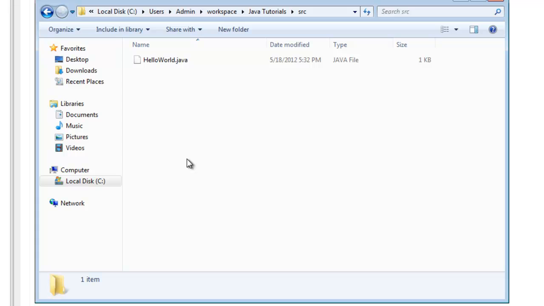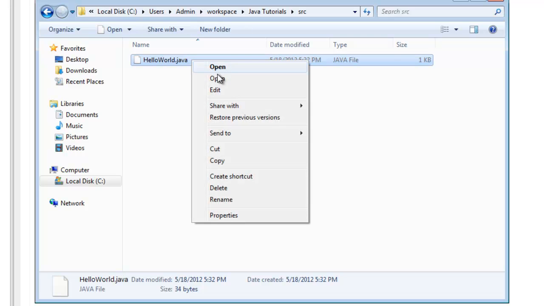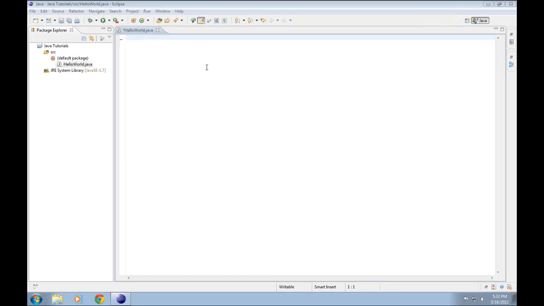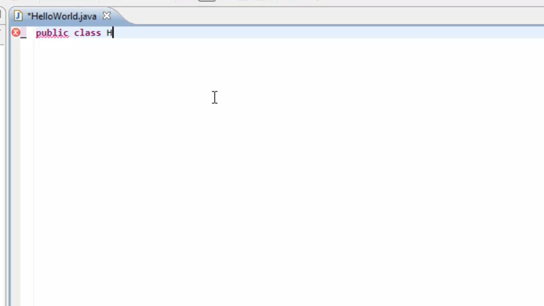So what you would do if you weren't using Eclipse is you would go to the command line and you would convert it first to a .class file, and then you'd run that .class file as a program. So this is our Java file. If you just right click it and click edit, or edit with Notepad or whatever, then it'll just bring it up in a regular text editor, but we just use Eclipse to edit it, so don't worry about that. So first thing we're going to say is public class